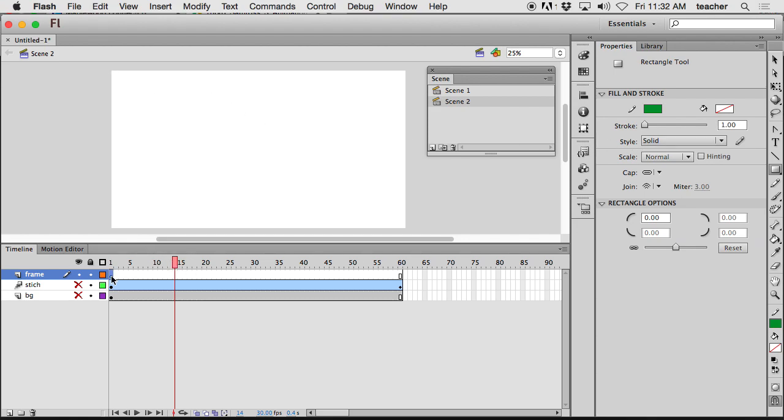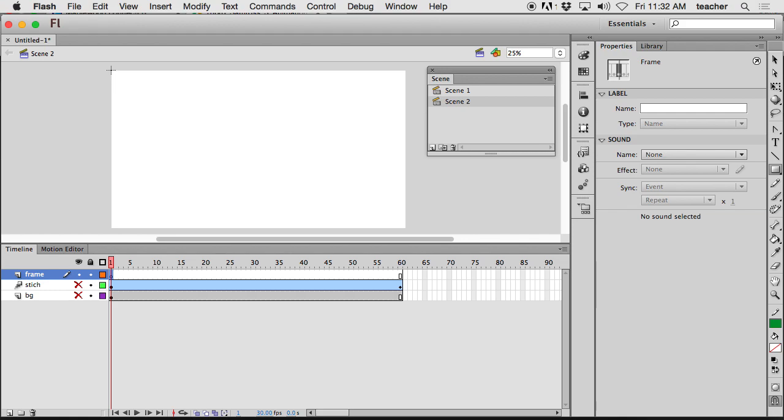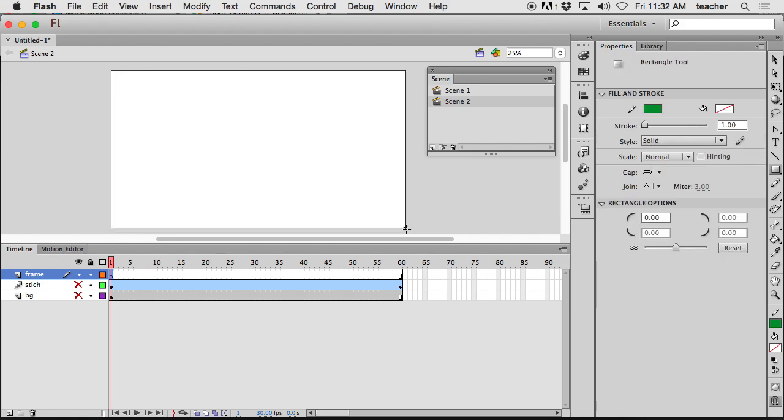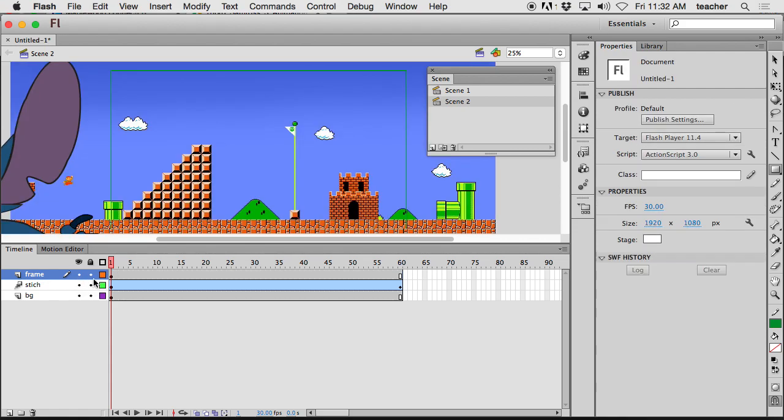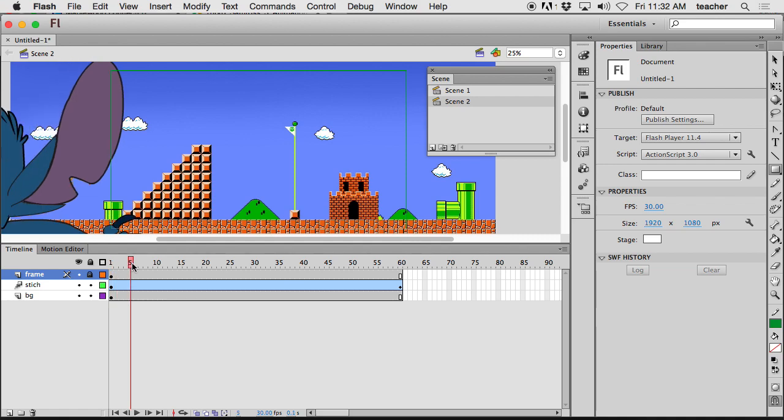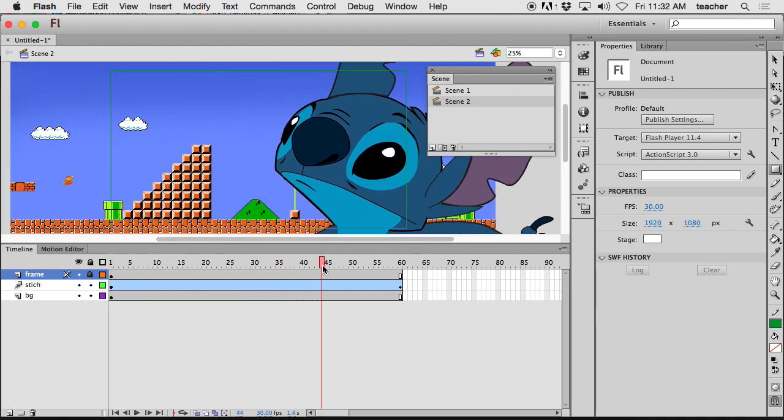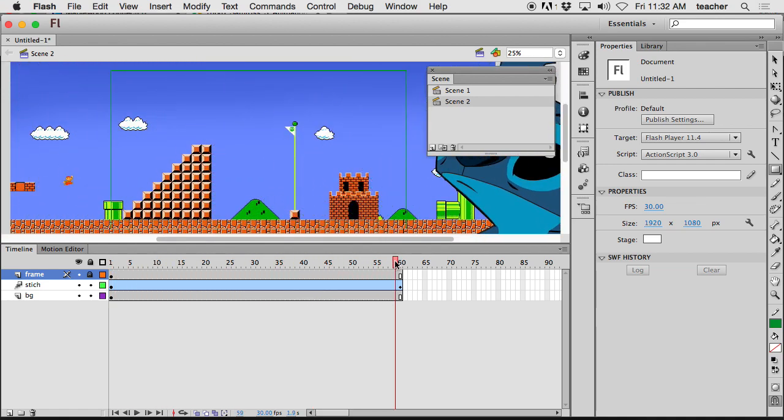And on this layer, I will click and drag a box that kind of showcases what the outline of my stage is, or my frame. So then when I go to preview this, I know that this is where the objects are going to be in that green frame. I lock it so I don't want to touch it. Okay, so what's going to happen is Stitch is going to go across Super Mario Brothers timeline. Okay,